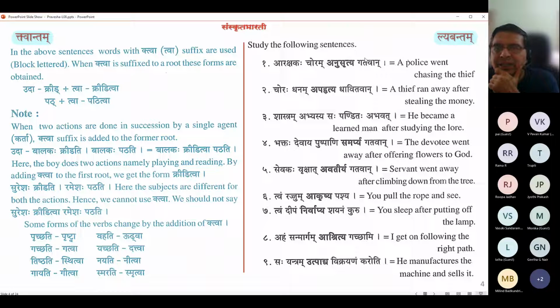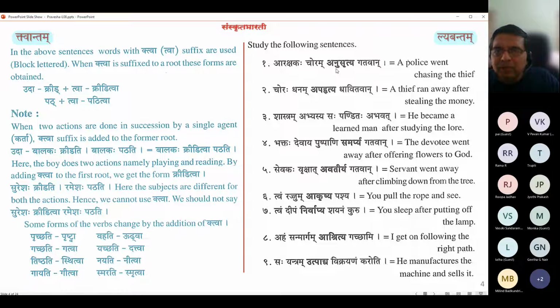Arakshakaha gatavan asit. We can imagine an as dhatu there, asit or asti, to complete the requirement of a tinanta for the sentence. But technically it's sufficient to end with gatavan. There is no mandate that the active verb need not be a kridanta like gatavan, in which case the active verb is an adhyahrita placeholder like asti, asit, etc. Anyway, arakshakaha choram anusrutya gatavan.